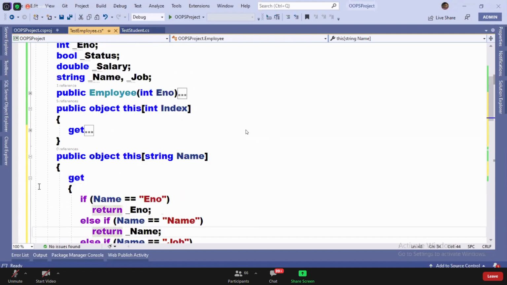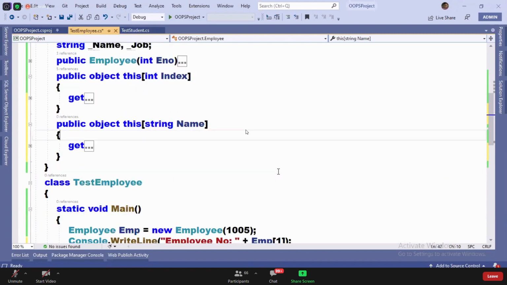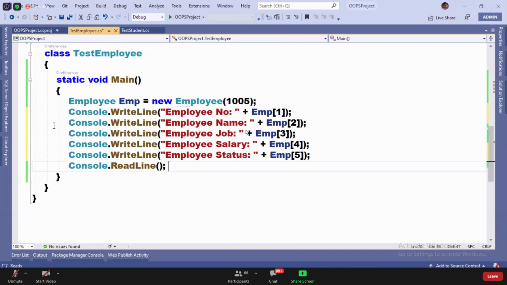I can write like this as my requirement. What did you do? Overloaded indexers. You can access it by passing an int index value, or you can access it by passing the string name also.